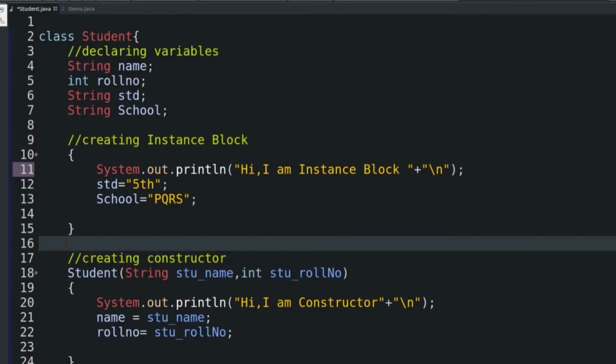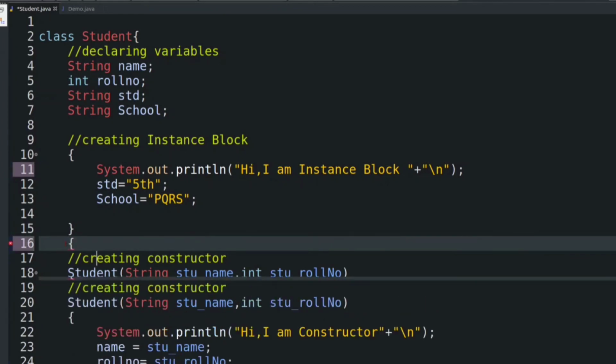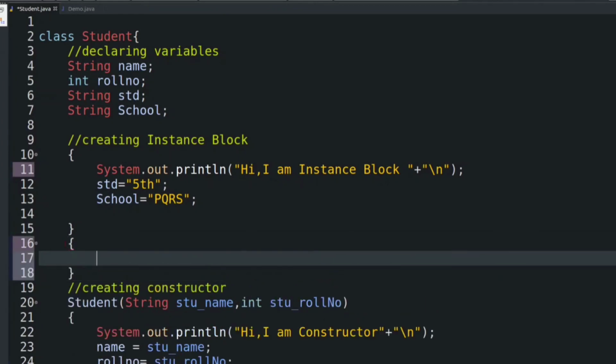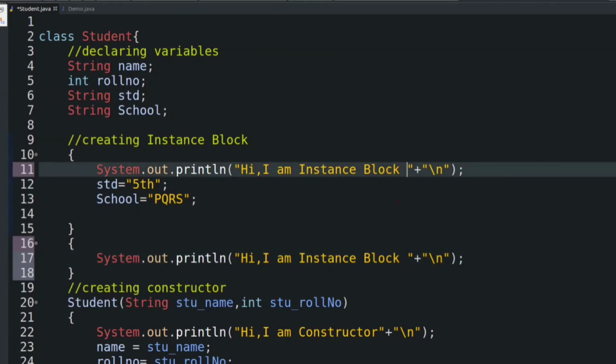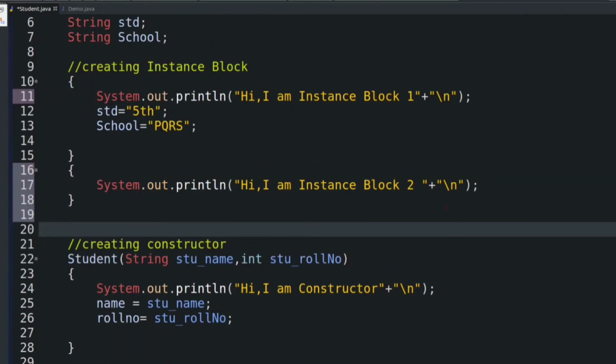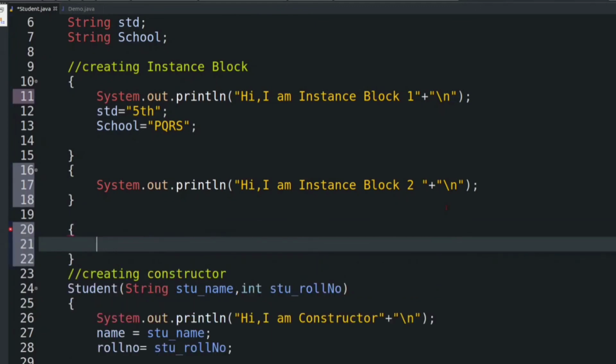Okay, so as we discussed earlier, a single class can have multiple instance blocks. Okay, so let's check it out. So we can write like this. Okay, so here just put a message, suppose instance block 1 and here instance block 2. So let's create one more instance block, and here instance block 3.